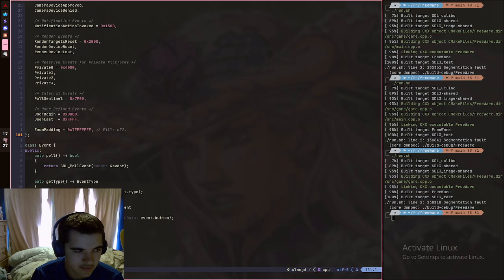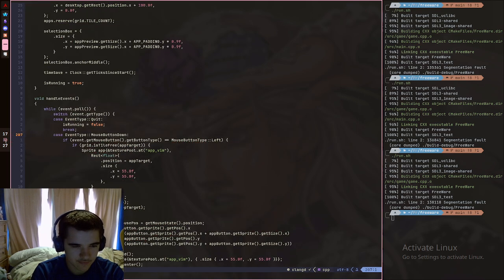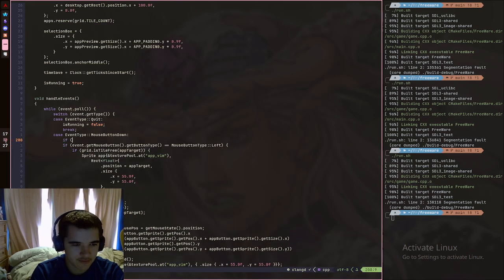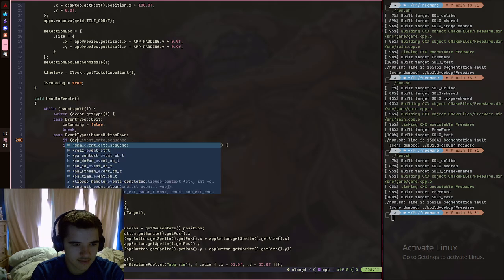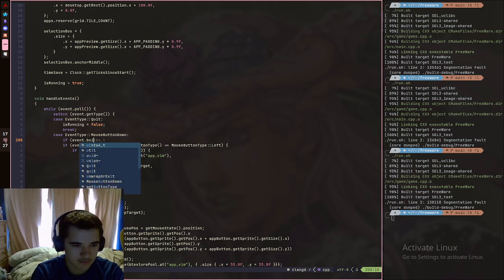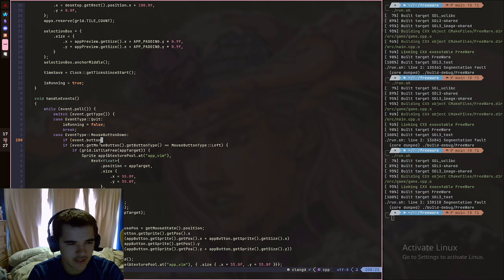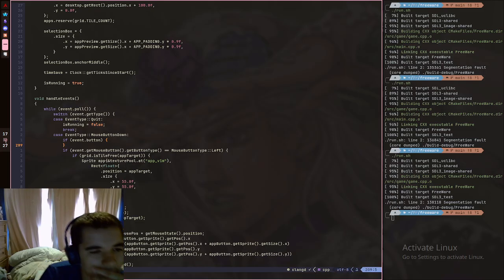SDL event. Oh, okay. Event dot button. So it'd be, I don't know why I'm guessing the API here. So it'd be if event dot button. Is that a thing? I guess I actually have to read old documentation, but